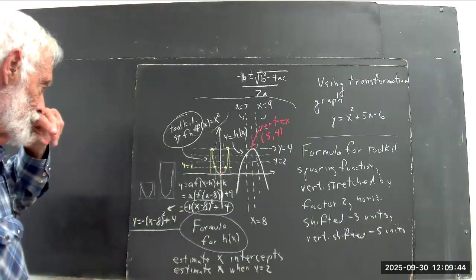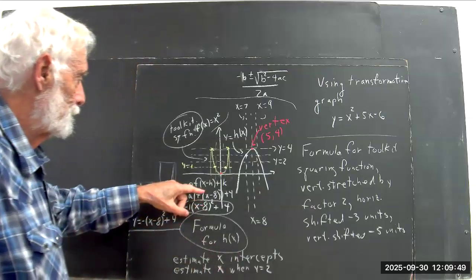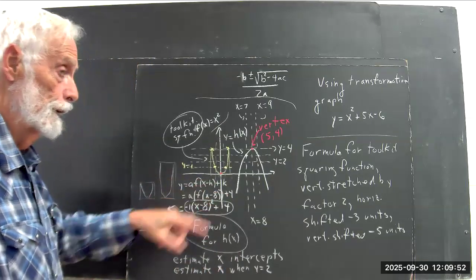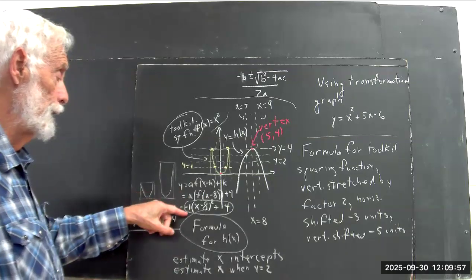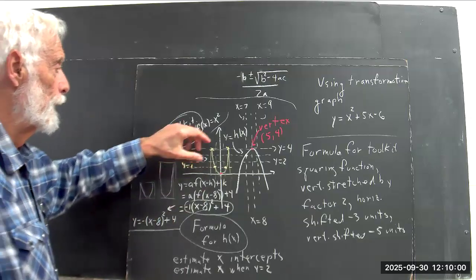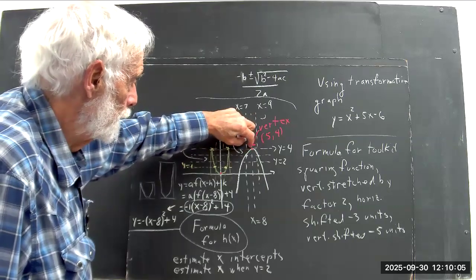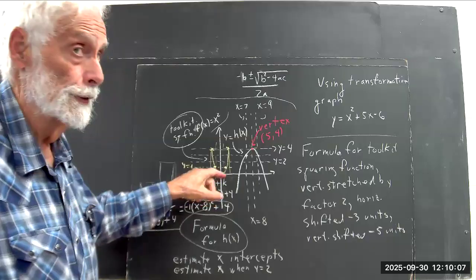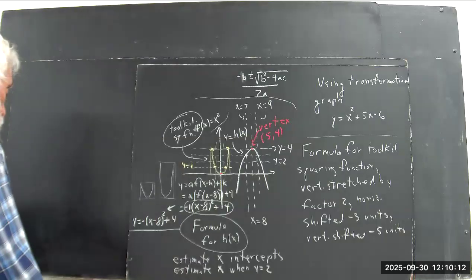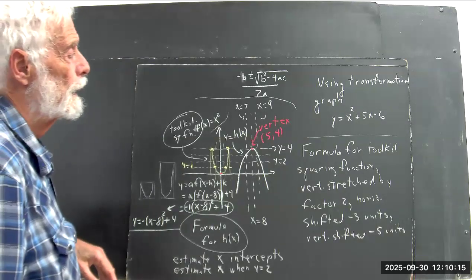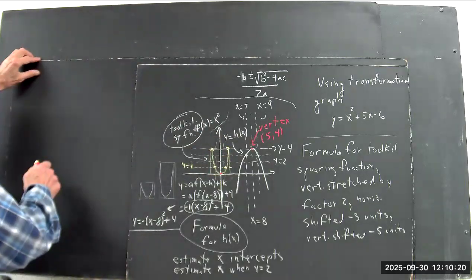Okay, you see that by the horizontal shift and the vertical shift, I've got the values of h and k that I can plug in here. I got the value of a just by comparing the graph in the vicinity of the vertex here with the graph of the toolkit function in the vicinity of the vertex. That's worth doing, but a method that'll work when it's not practical to do that is, okay,